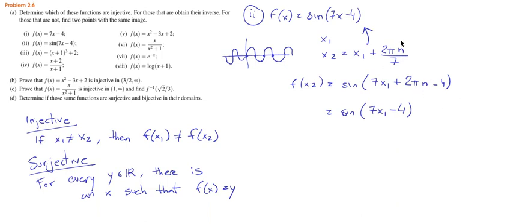Okay, so here n is a natural number. If you plug in 0, 1, 2, 3, whatever, any natural number will give you the same value as this one, and this thing is exactly f of x1. So we have two different values of x, x1 and x2, that give us the same value of f. This means that this function is not injective,